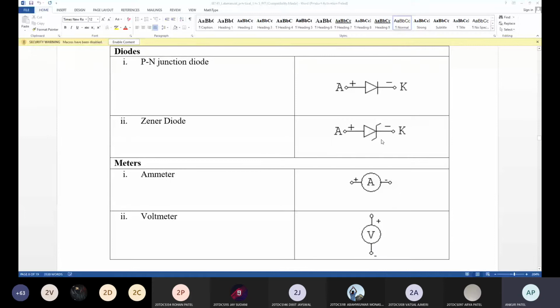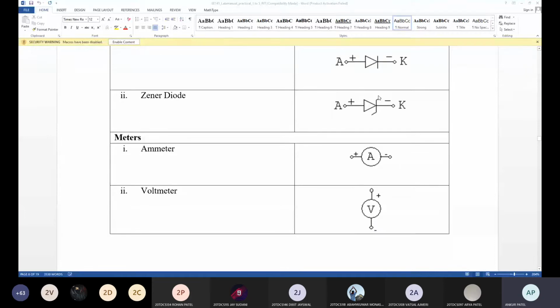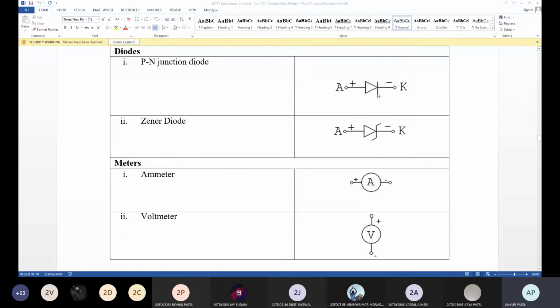Zener diode: you can see this Z-type shape. This bar is given for identification, and that is the negative side. In the actual diode, a white strip is there, and on the Zener diode it is red color. In that one, a black color strip is there, and the black color strip is called the cathode. In the other, a white or silver strip is given, and that is called the cathode, for identification of the connection.